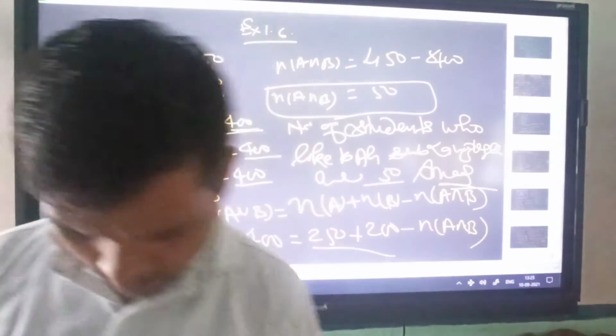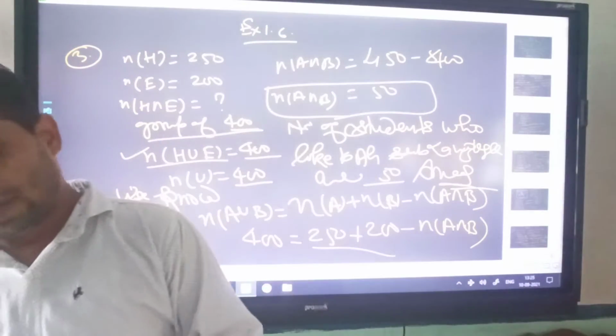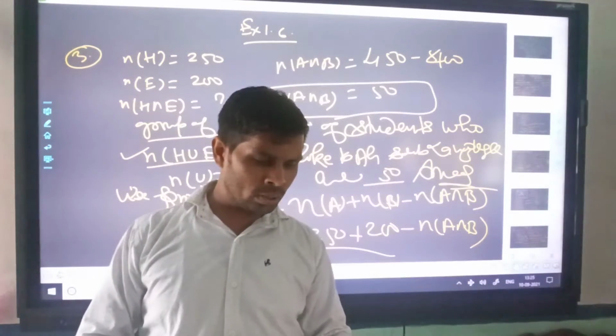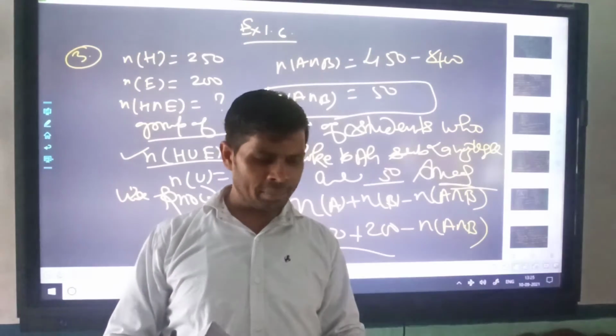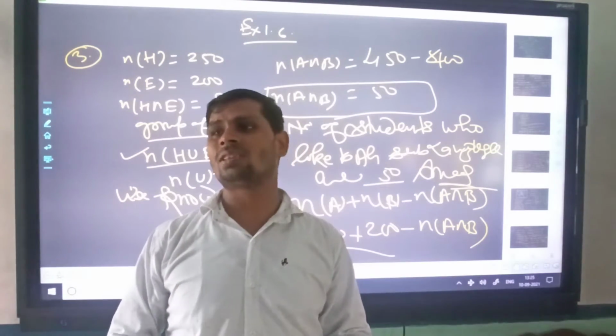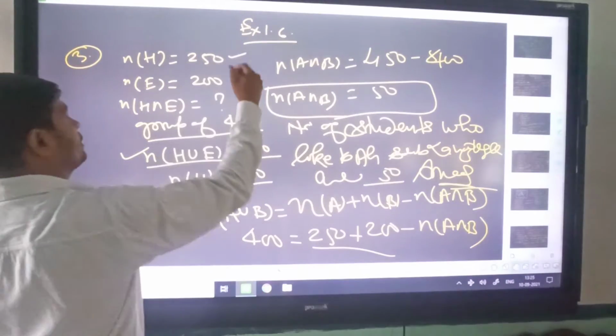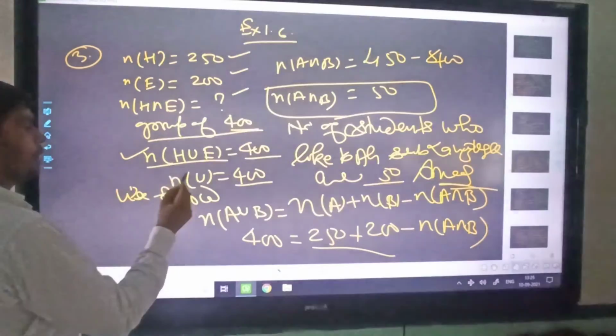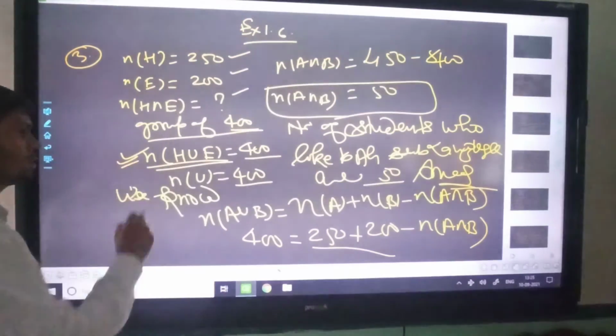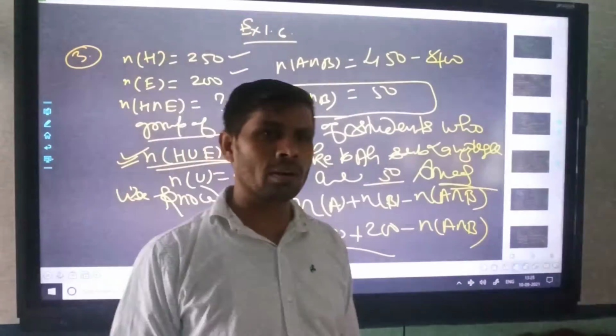So I am just discussing the fourth question. If S and T are two sets, S has 21 elements, T has this many elements, and the intersection has 11. How many? This is simple. In the next question, this one is given, this one is given, this one is given. He wants to know about this one. How many elements does it contain? So I think you can complete this question.